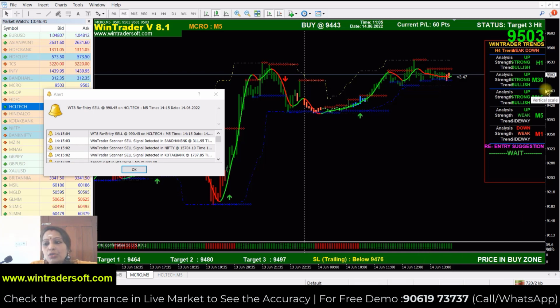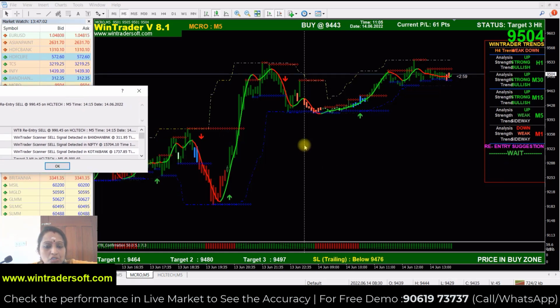As you can see, all targets have been achieved, so the market will again go up now. Then the software has a re-entry option. Currently the re-entry is showing wait only. If the software gives a re-entry now, then a separate entry point will be there, and a new target will be there. So if you want, you can re-enter with that level and exit with that target. And the same strategy you can follow for all